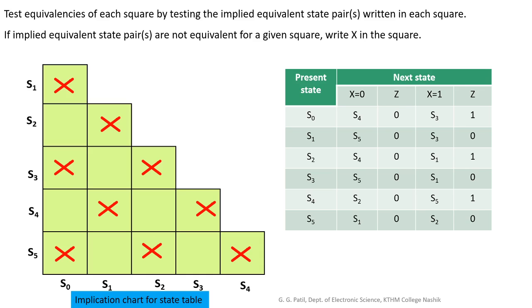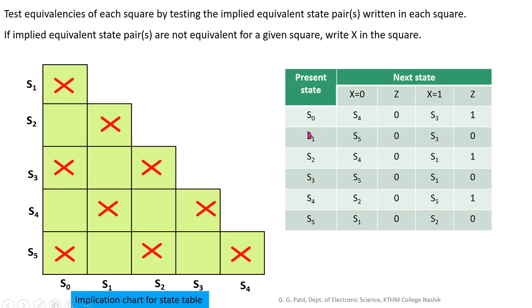So in the first step of filling the implication chart, we have to take care of the output state. We have to check the output state, and we have to place the cross mark in the squares where outputs are different. Now the next step is to enter the implied state pairs in the blank squares. So let us check the first one,